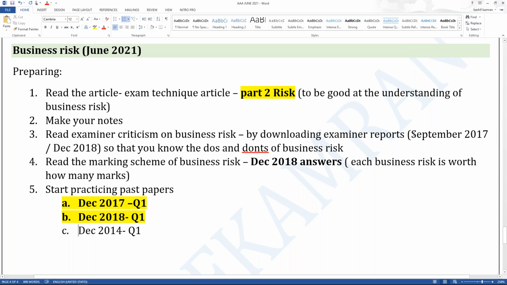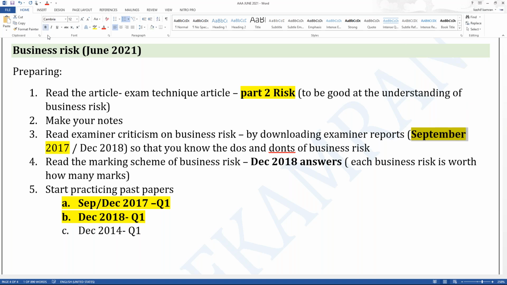See, the examiner report is for September, Rabia. And the paper I'm recommending is December because ACCA published hybrid papers, September, December 2017. So when you go on the ACCA website, the paper you will find is September, December 2017. But actually, the question on business risk came in September. So the examiner report is for September. And the paper you will be practicing is a hybrid paper, September, December 2017. Is that clear? If you look at the December 17 examiner report, you will not find a criticism of the examiner because actually it came in September 17, right? So I'm not making a mistake here, right?